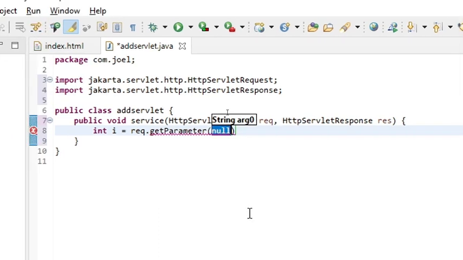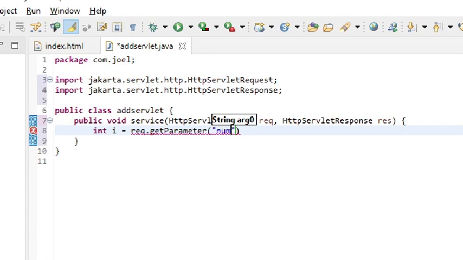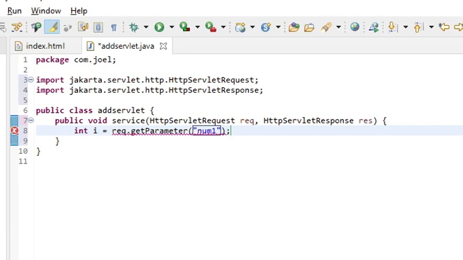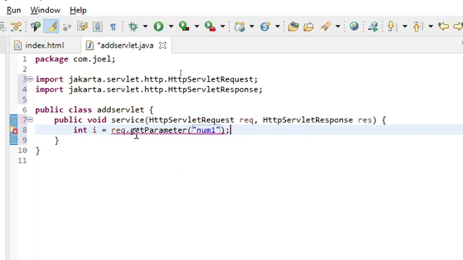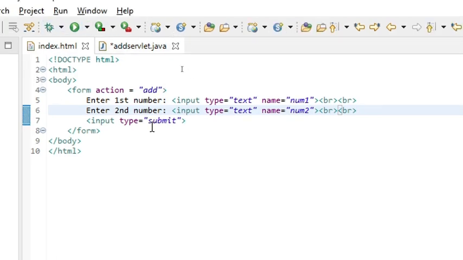Now inside this method, I have to use num1 in double quotes. Now the reason I am using this is to access from HTML. If I'm using some variable inside the Java, I don't need anything like this. Since I'm accessing these names from HTML, I have to use something like this.